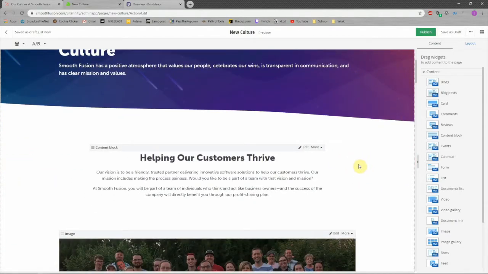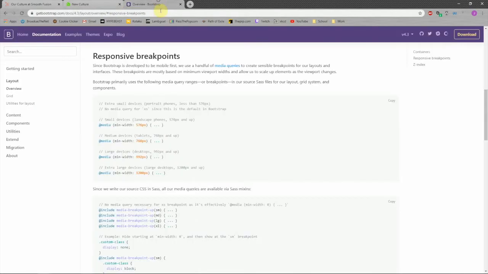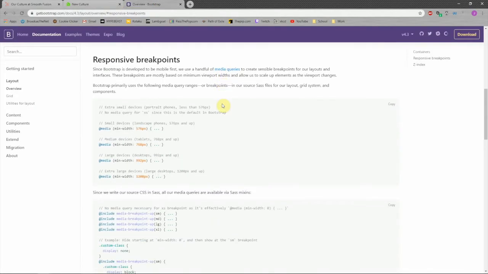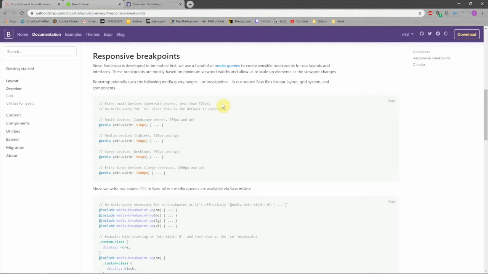This is where our Bootstrap documentation is going to come in handy. If you did not get some light reading in earlier, here is some heavy reading. This is a lot that you do not need to understand fully to be able to make a responsive page, but it is good reference material. I would recommend using it until you have embedded it into your head if you're making a lot